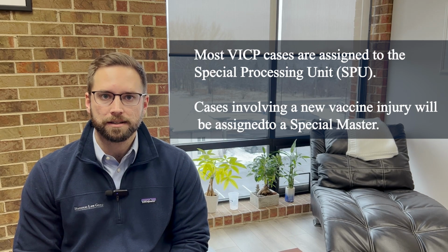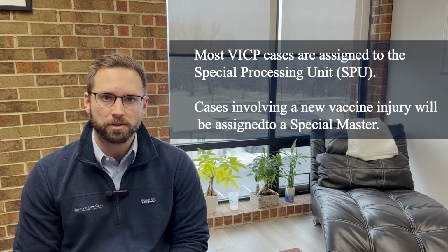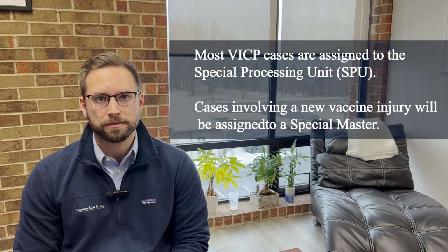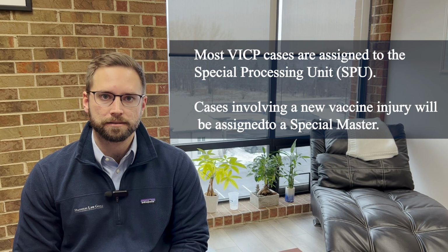Now, most of the cases, if they are straightforward, not complicated, will be assigned to the special processing unit. And they do that because those cases are ones that they've identified that should resolve between us and the government. The more complicated cases, alleging maybe novel vaccine injuries, will be assigned to a special master for further handling. So depending on the nature of your case, it'll either get assigned to the special master or the special processing